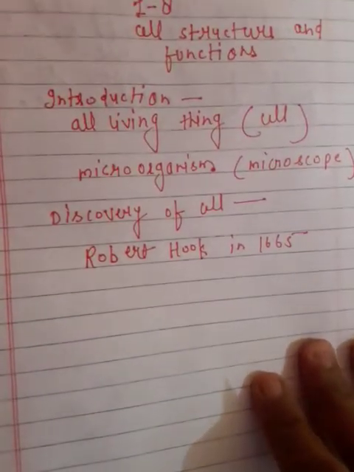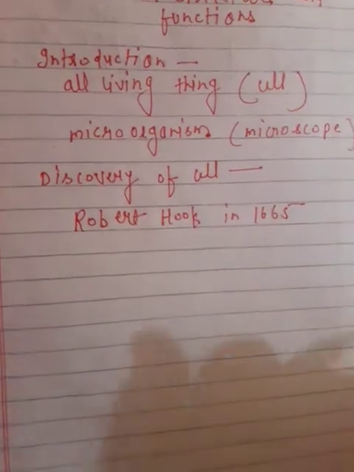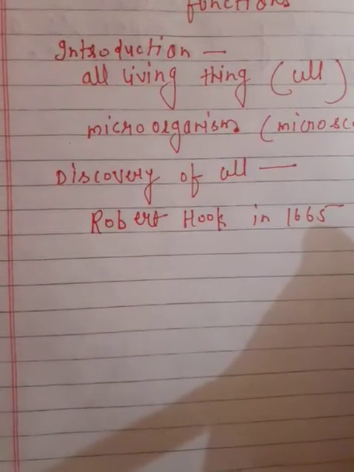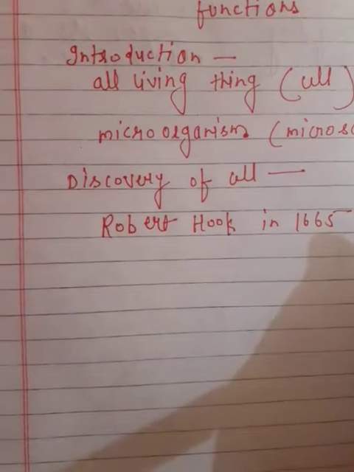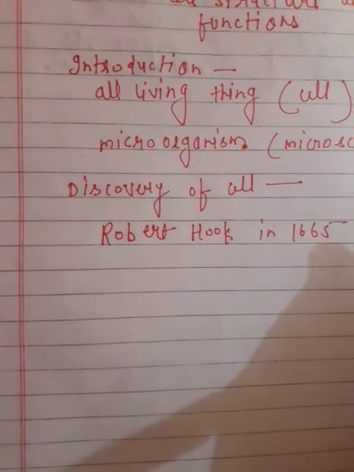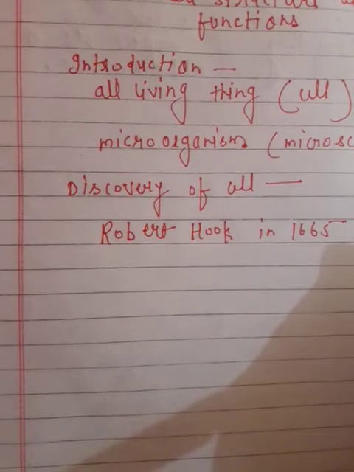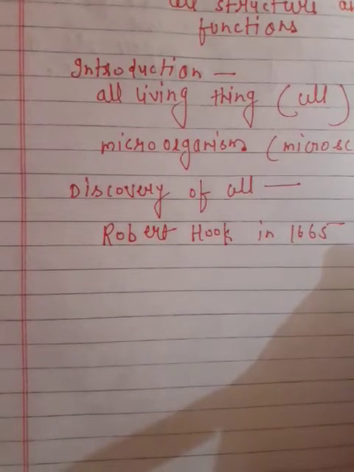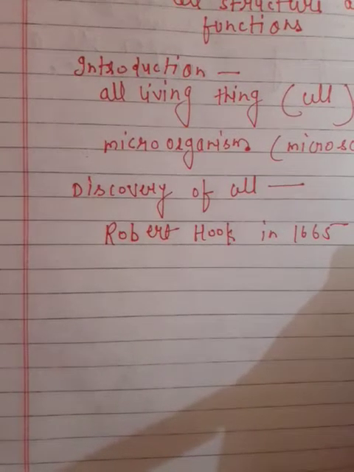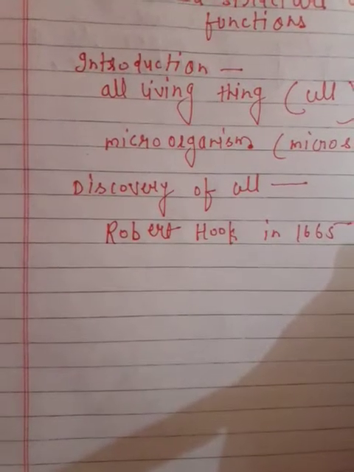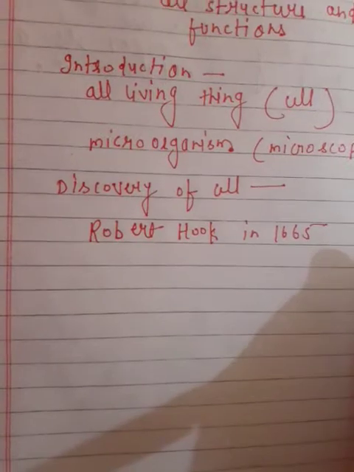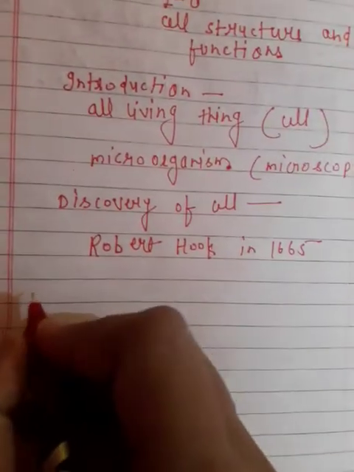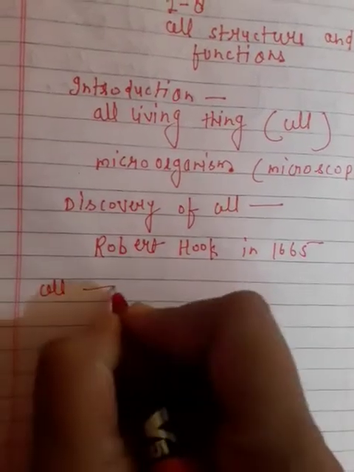Even after the discovery of the cells by Robert Hooke, very little was known about the cell for the next 150 years. It was only after the discovery of improved microscopes with higher magnification that information about the cell structure and its function became available. The cell: what is a cell? The cell is the smallest unit of life.